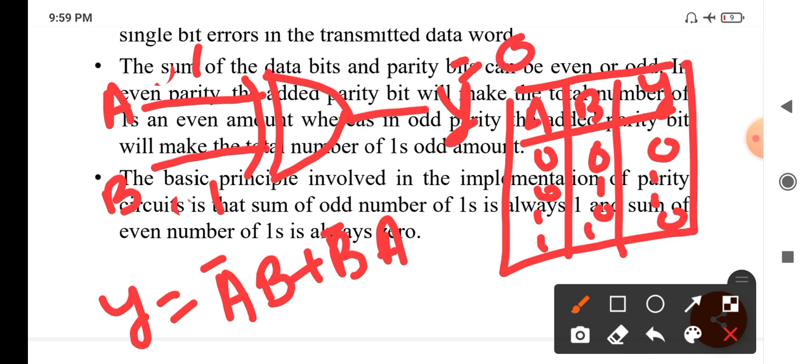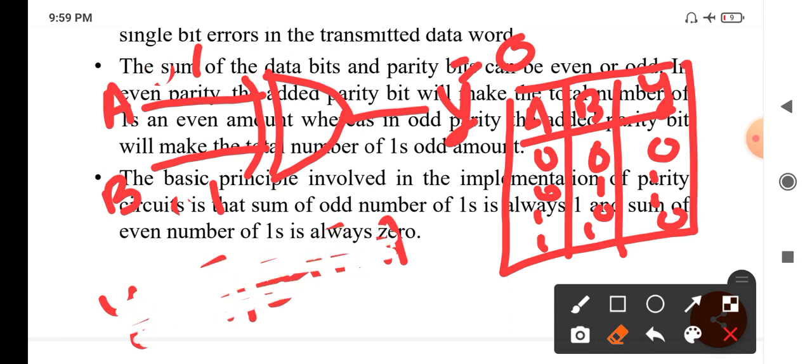Exactly this is needed in the even parity generator. In the even parity generator, if we are transmitting an even number of ones, the parity should be 0. So that is what we are getting here.